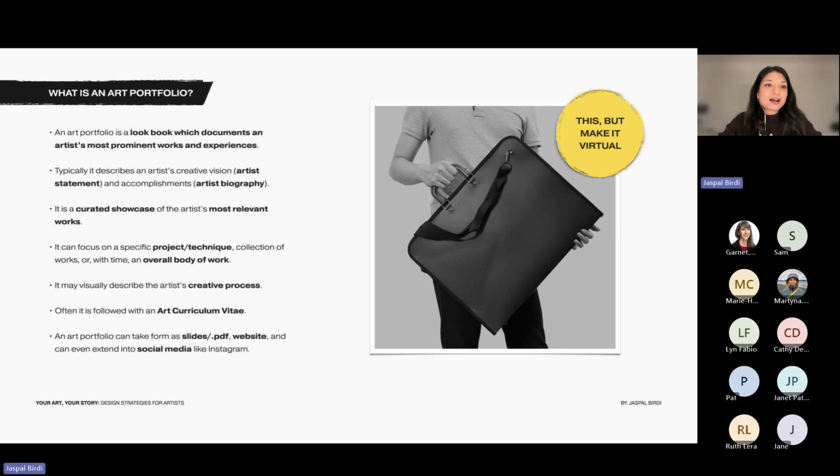Okay. So what is an art portfolio? An art portfolio is essentially a lookbook, which documents artists' most prominent works and experiences. So the image you see on the right side is what this used to look like, but we're going to